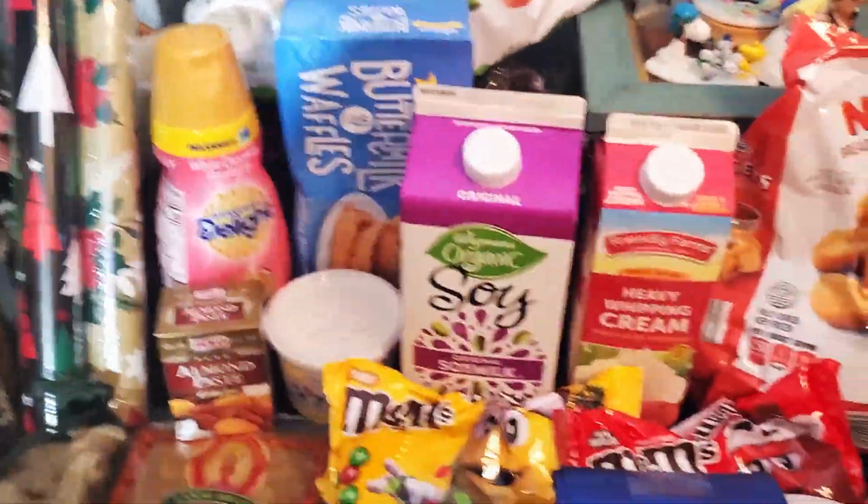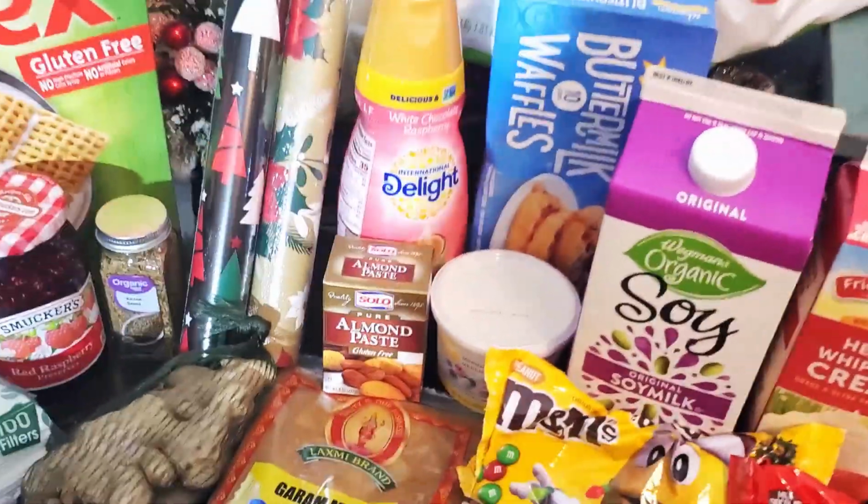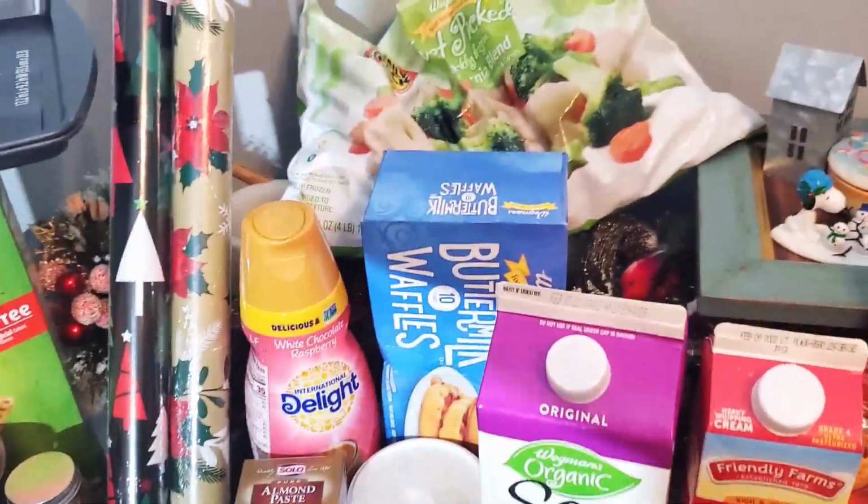All right, so last but not least, we're moving on to Wegmans. Wegmans is a regional grocery chain. If you are unfamiliar with Wegmans,